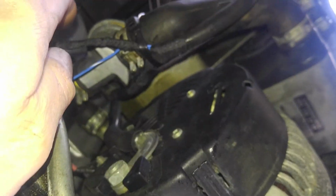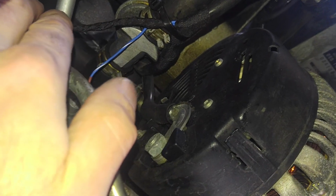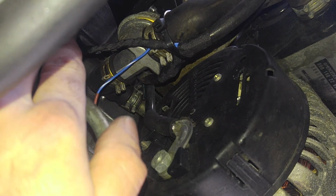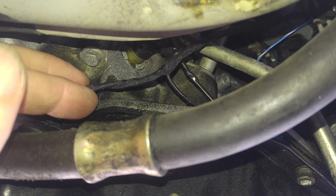I don't know if this shoots a good video here, but this is one of them. This is for the alternator right there. See that one right there, and the wires are new all the way through. It's just that I reused the original sheeting, so it looks nice and factory. I don't know how the video is being recorded. Is it? Yeah, like that, I guess. So yeah, these are all original. These cables go to